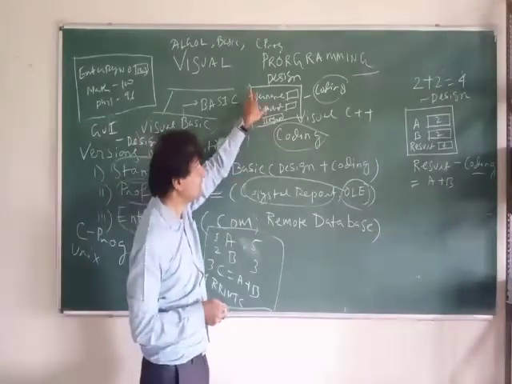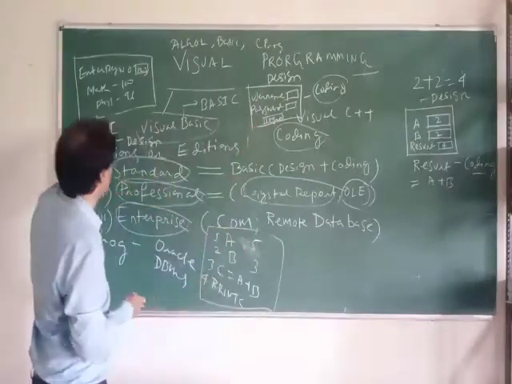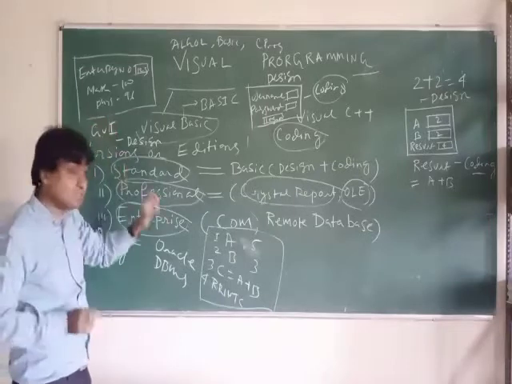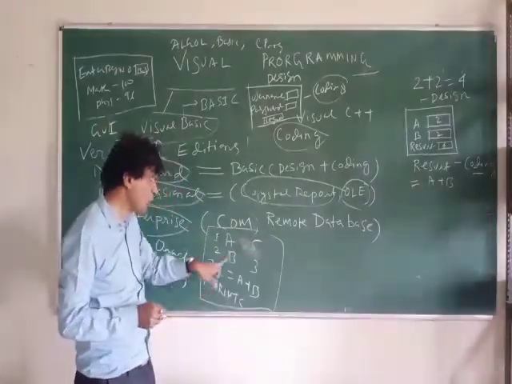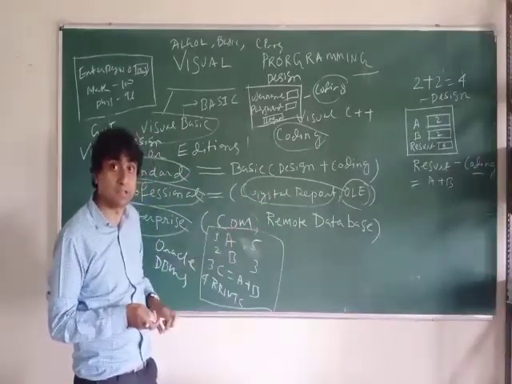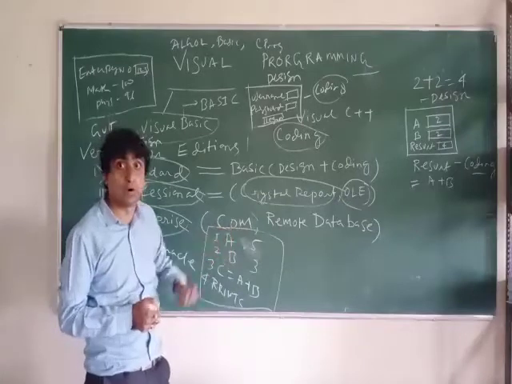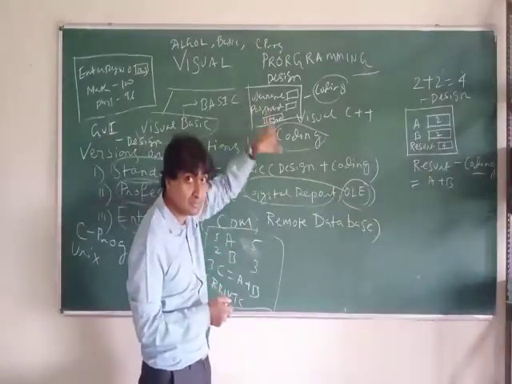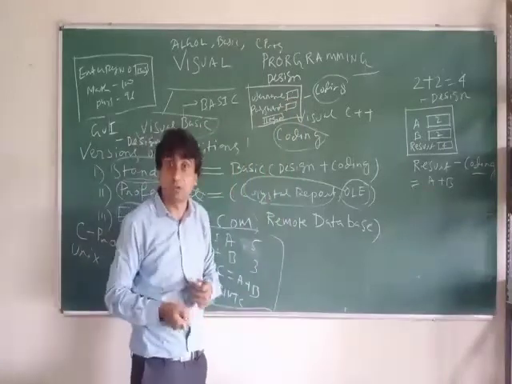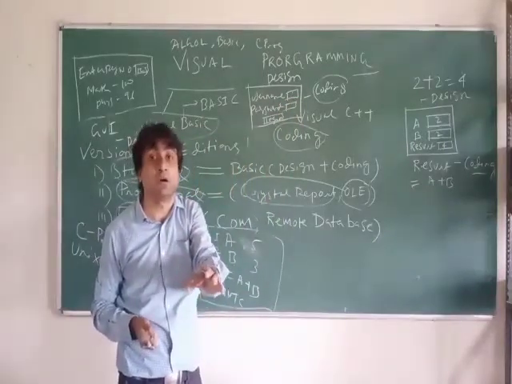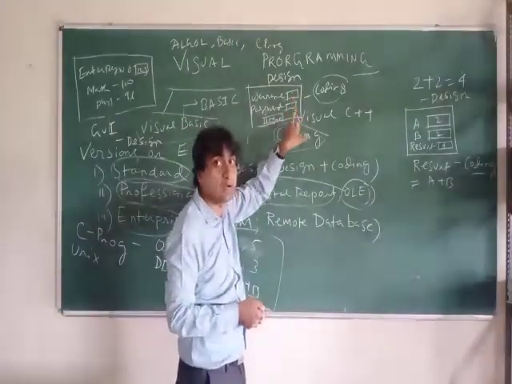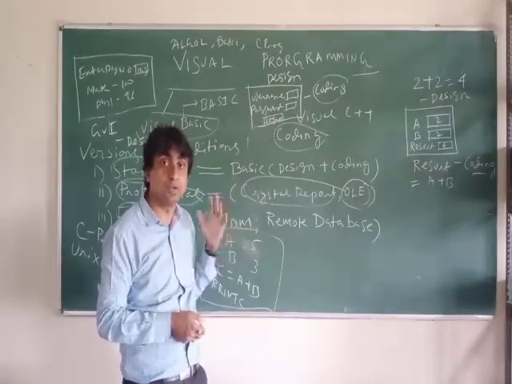So here this window, the Gmail window or your result window, that is an object. That is COM, component object model. In this there are some other components. These boxes are called text boxes. Later on we will come to know about that. A text box is used for input and output.